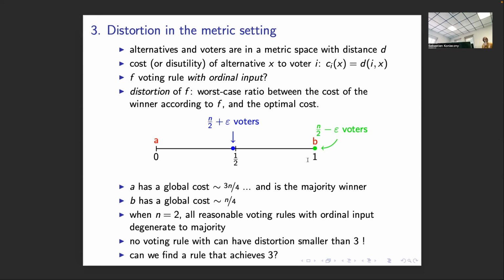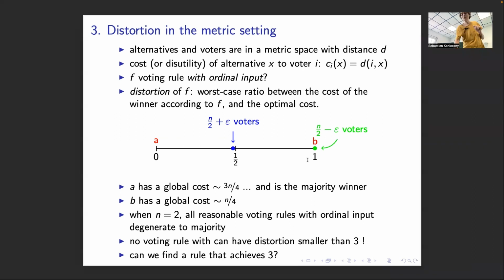Can you understand the question? Yeah, Theo, he knows, I know. Who thinks that yes, there is a rule that gives 3? Try to guess. Who thinks that no, 3 is not possible? Okay, who abstains?